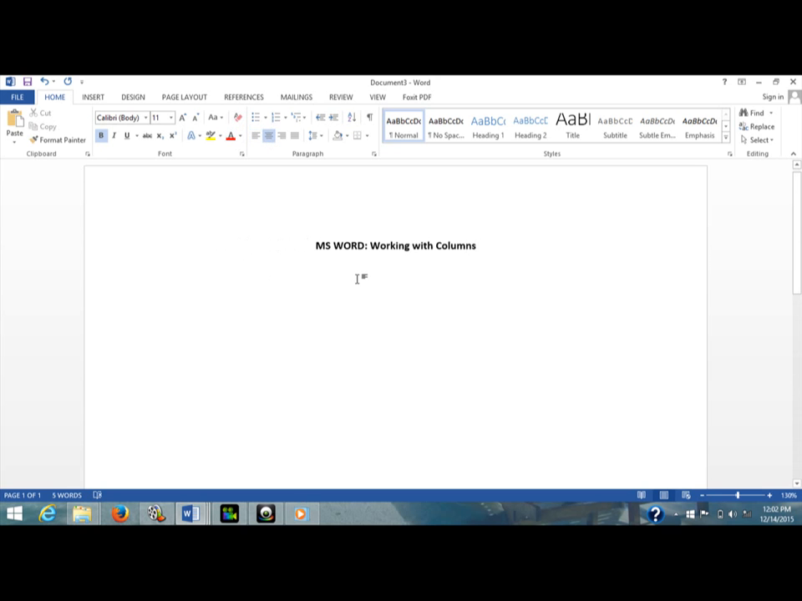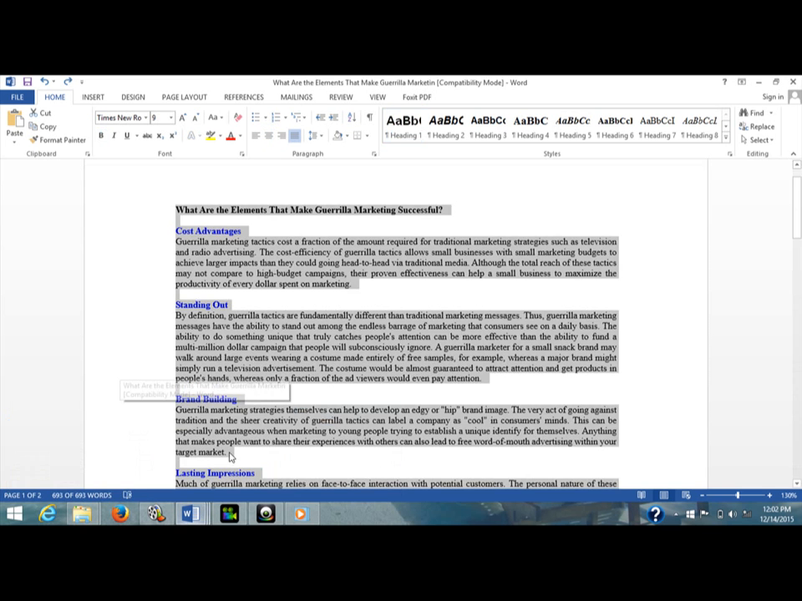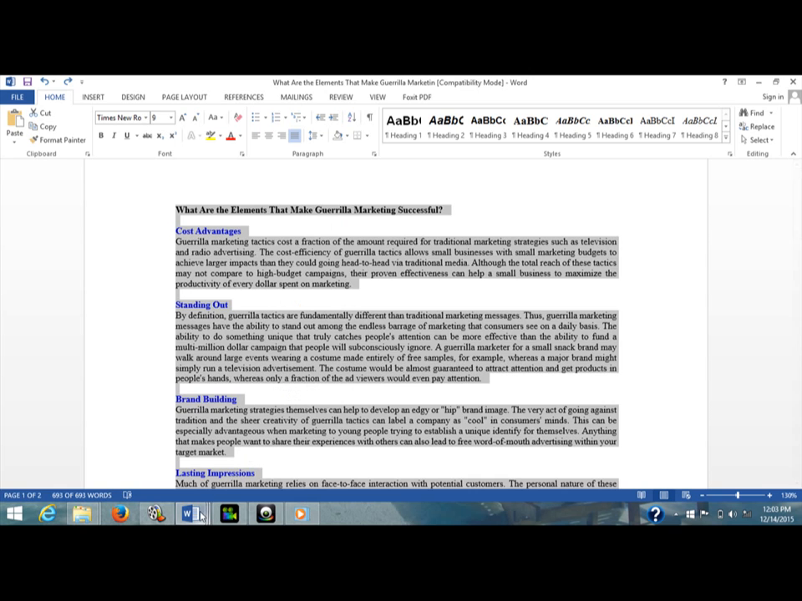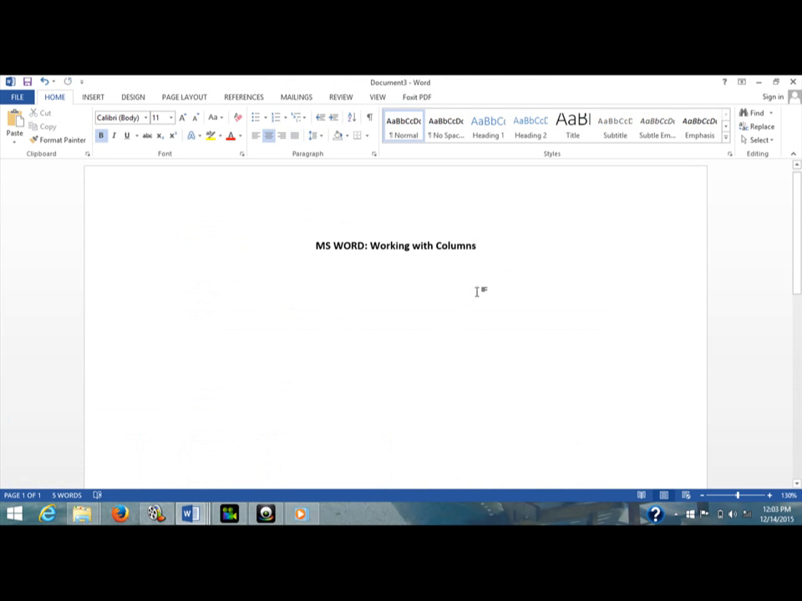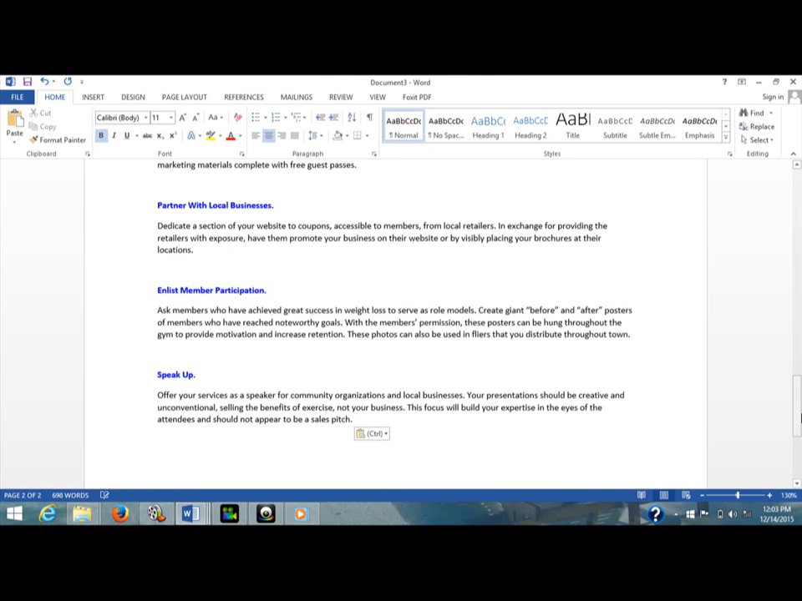So I'm going to teach you how to work with columns in Microsoft Word. To begin, let us first copy a document, or in this case a sample text, and then paste it in the document. And then if you want to column the whole document, just go to Page Layout tab